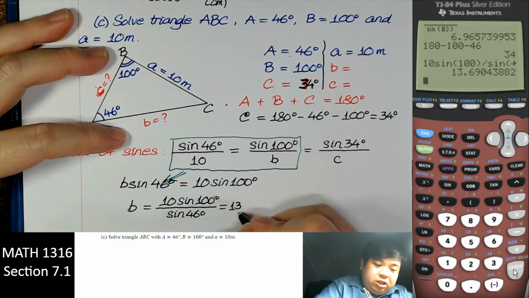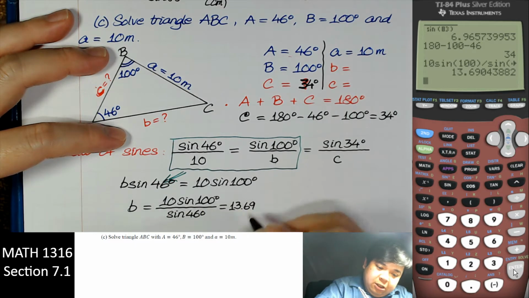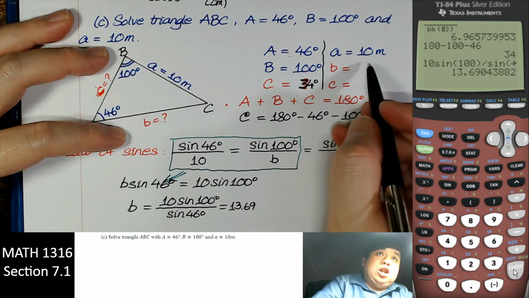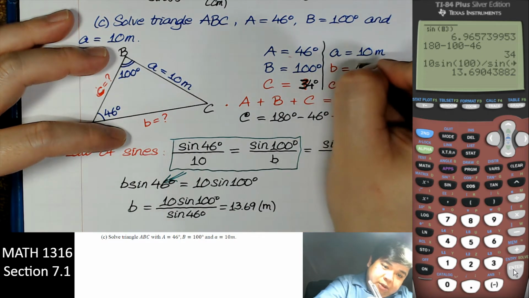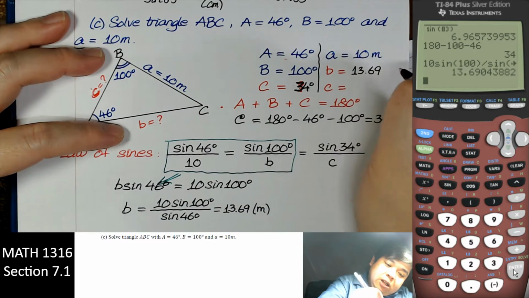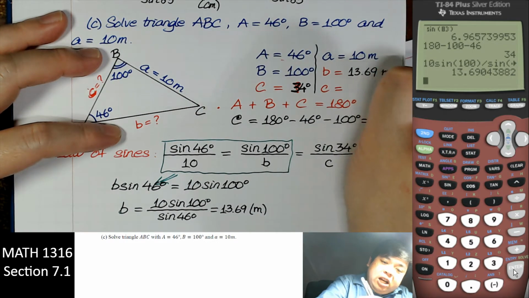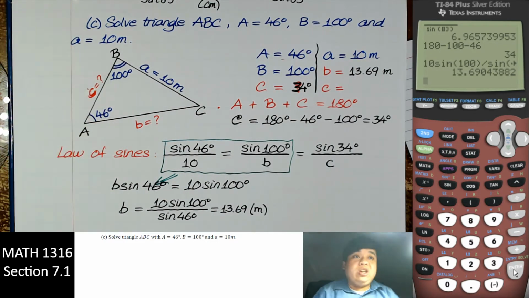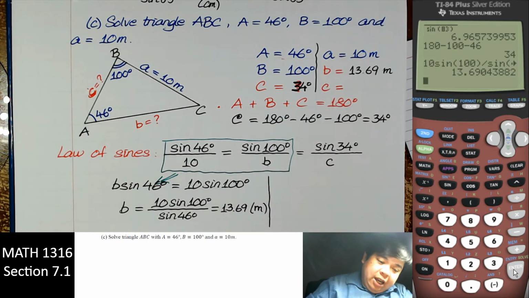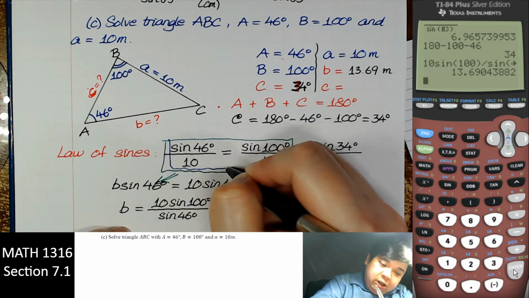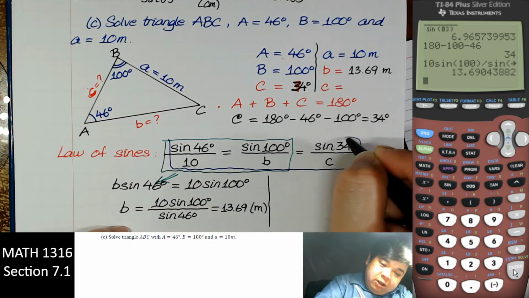We have 13.69. The unit is meter, so let's be consistent with that. 13.69. On the test or on the homework, make sure to read the question carefully. They will usually tell you how many decimal places they want. And then if we take the ratio of the first one and the last one